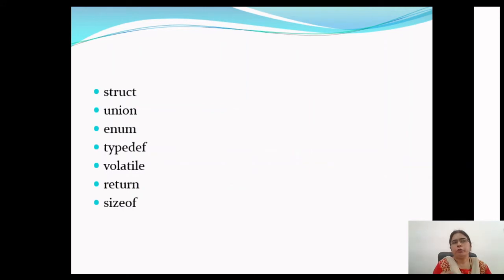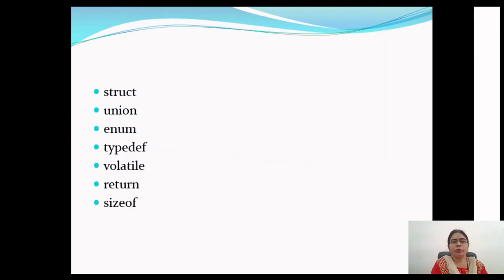So if we want to store the information regarding a single concept, for example, information related to a student, the name of the student, roll number of the student, the course in which he or she took admission, the address of the student, the date of birth, the date of registration, and any other such type of information related to a single student, we would prefer to store it as a single variable so that we can access that information very easily.